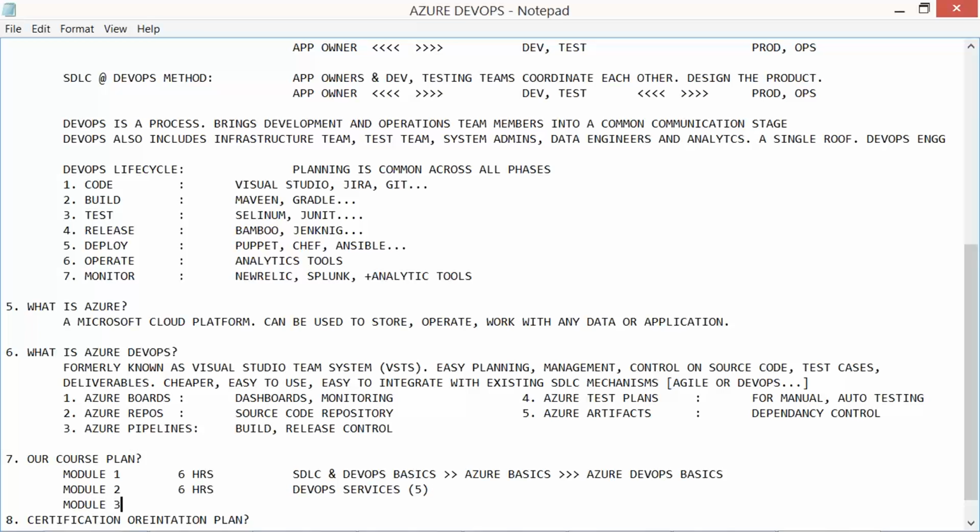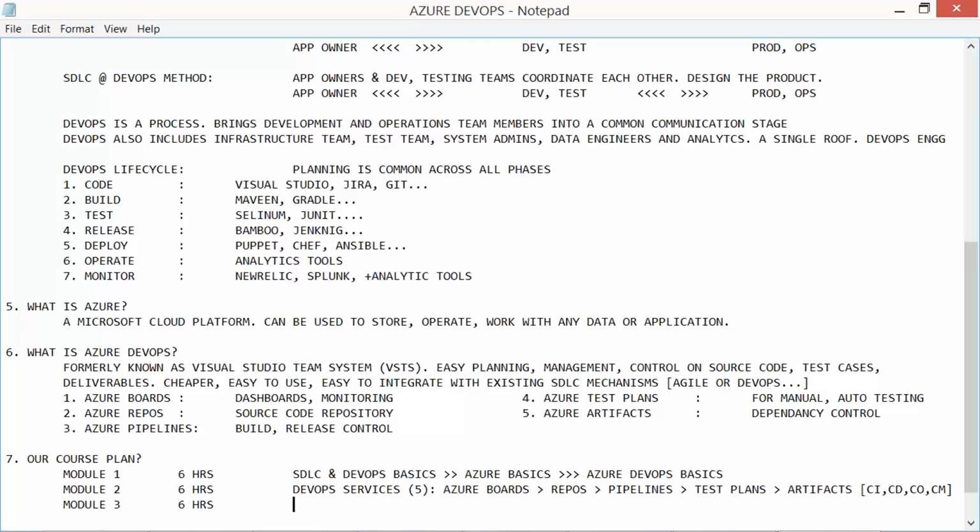And module 3 would be for another 6 hours, so this includes Azure DevOps: Azure Boards, Repos, Pipelines, Test Plans, and Artifacts. Here we'll talk about continuous integration, continuous delivery, continuous operations, and continuous monitoring activities.